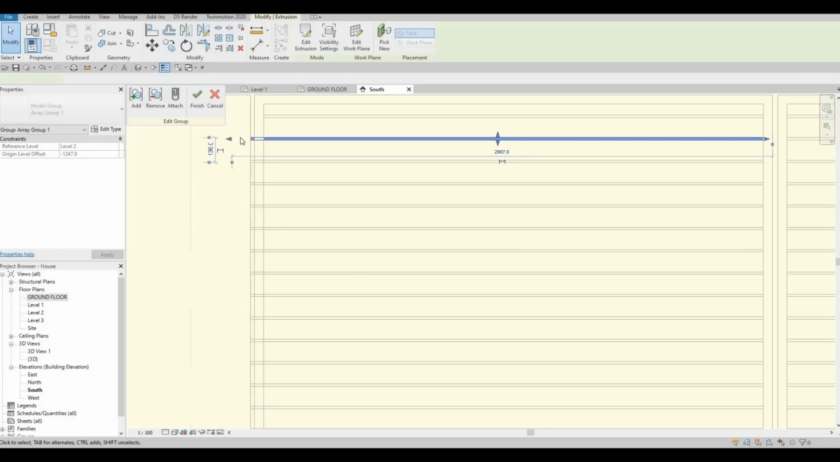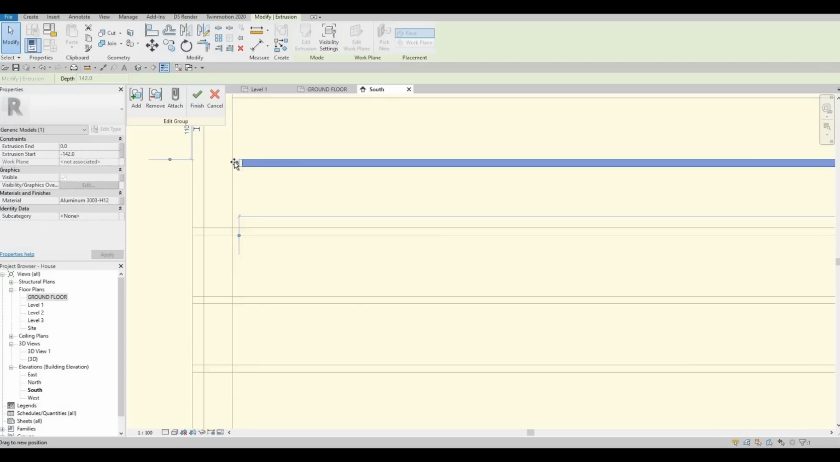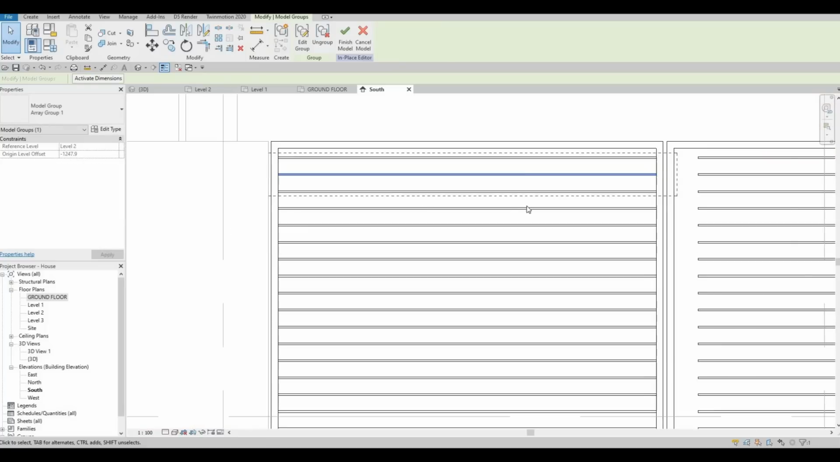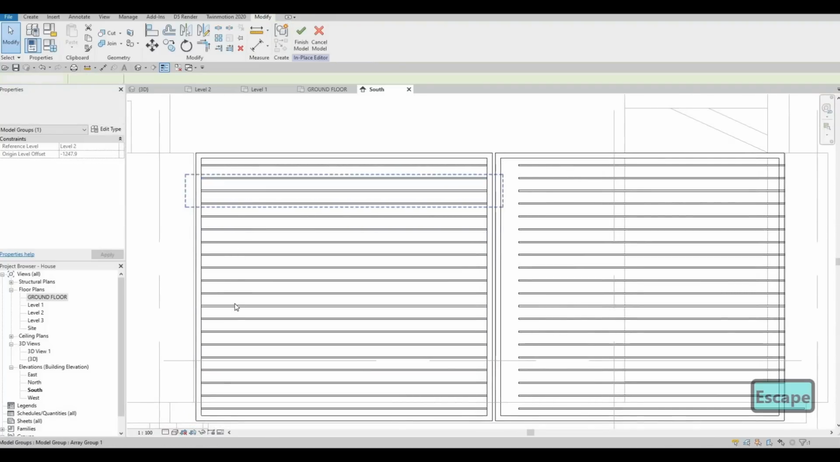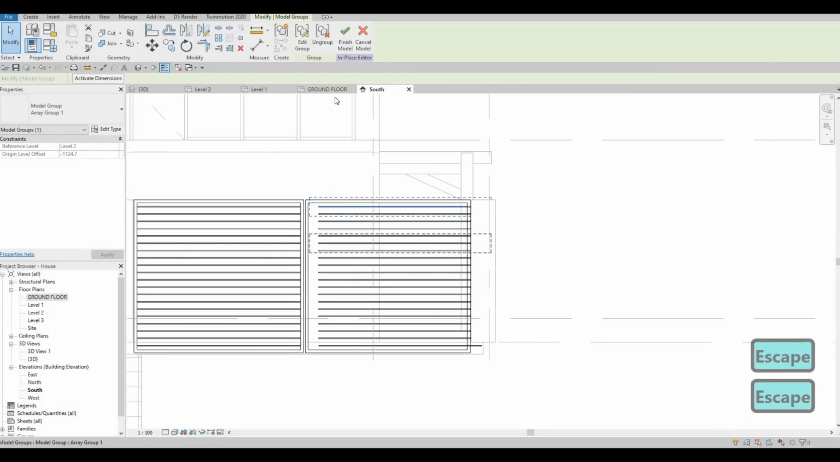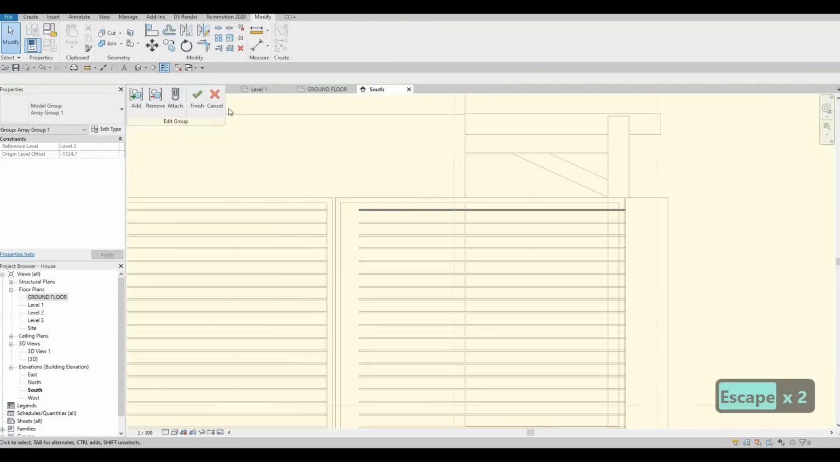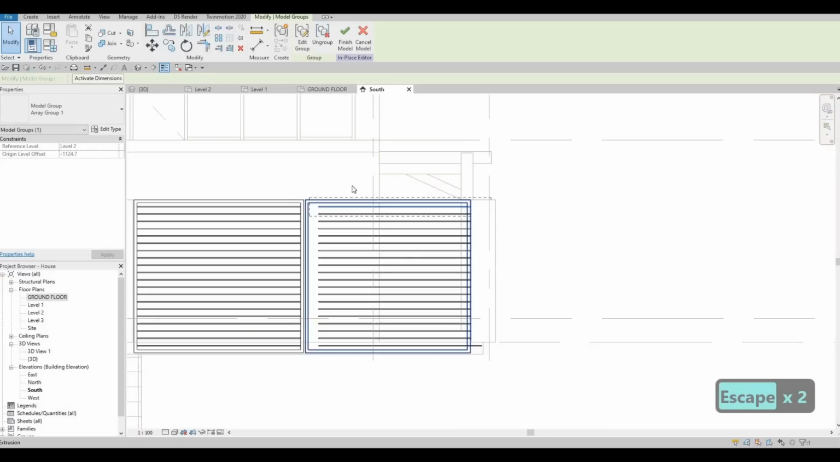Edit this one, let's fix this one right here. Let's see if everything will follow. So that one followed, and then everything followed. Now this one, we need to edit group, and let's see, because this one is connected to this, that's why